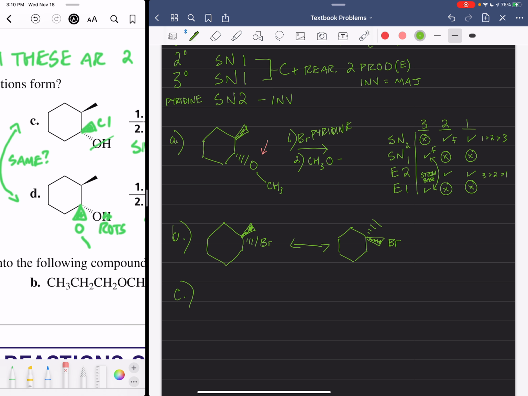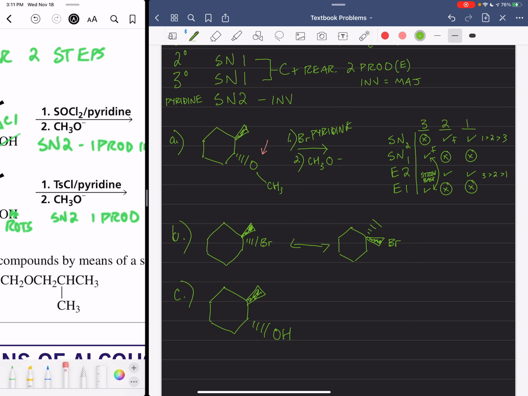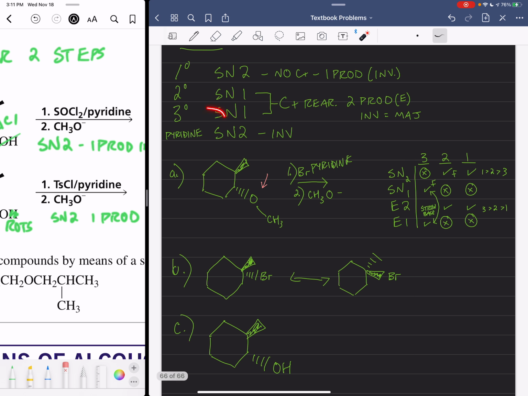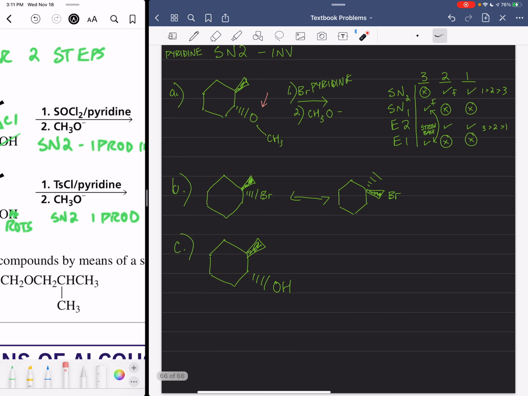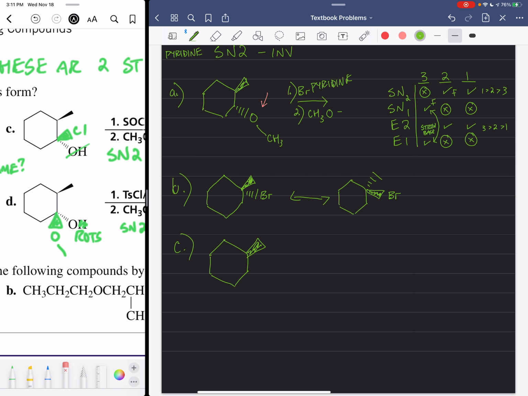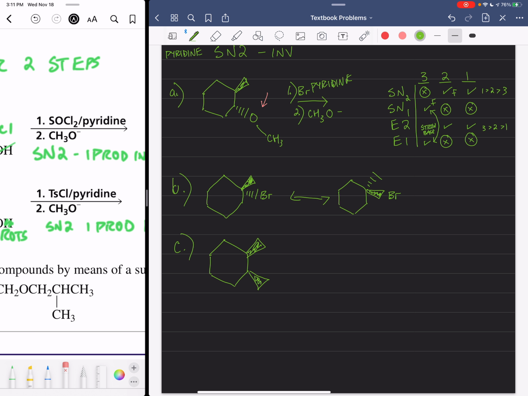And let's look at what's happening here. We have a methyl. We have an OH. Another two-step. We see a pyridine. Pyridine, SN2, inverted, no carbocation, okay? So inverted, no carbocation, so we're not going to do any type of shift. Alcohol was unadashed. The Cl from this SOCl is going to be here,